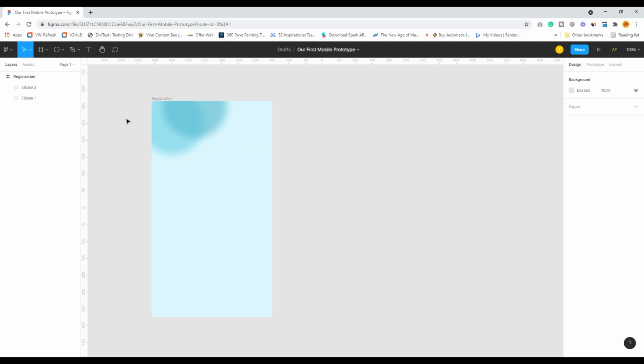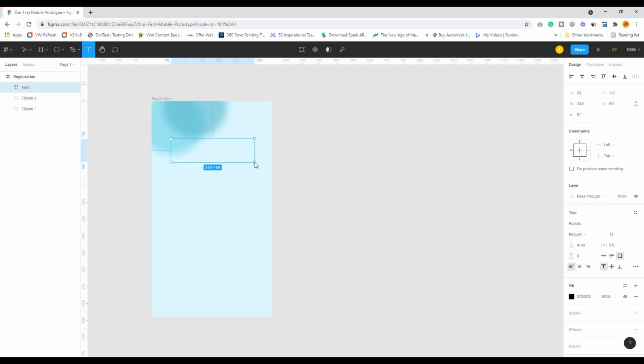Now I will also drag a text over here, a travel app. We can name this like this, right? And what we will do, I am not changing the text font or anything because it is not the primary important aspect of these things.